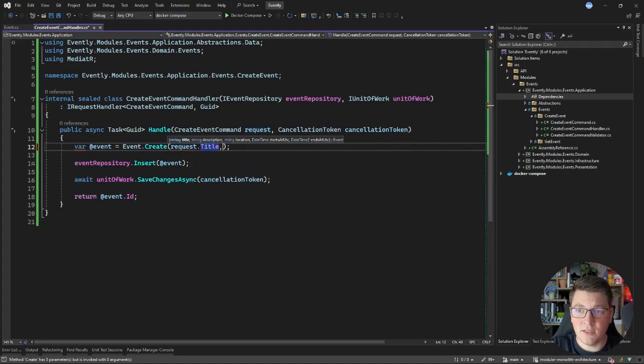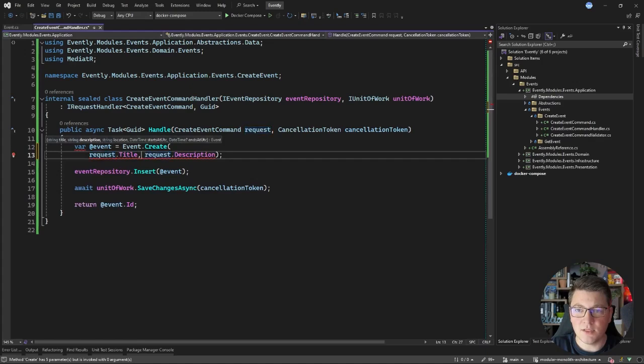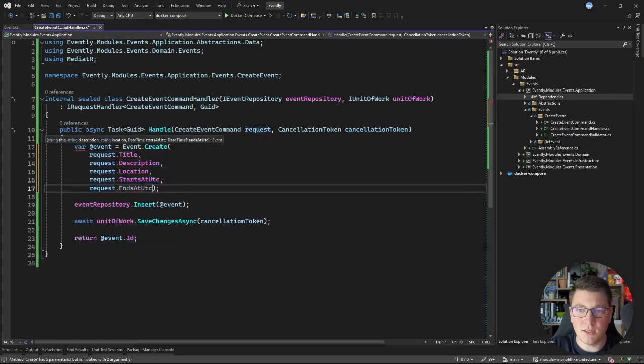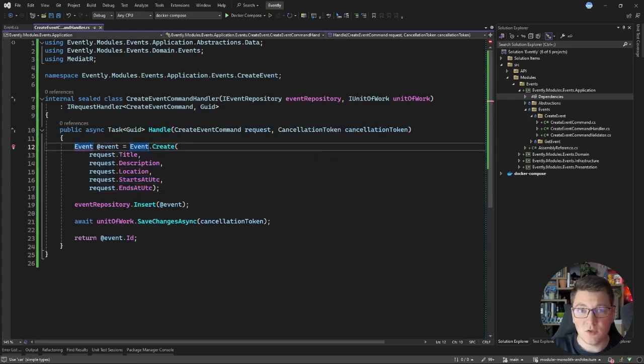From the command that we get in, we're going to pass in all of these values. So let's pass in the request title, the request description, request location, request start set, and ends at time. And this is going to give us back the same event object. So I'm slowly starting to push the logic down into my domain layer, which is going to allow me to